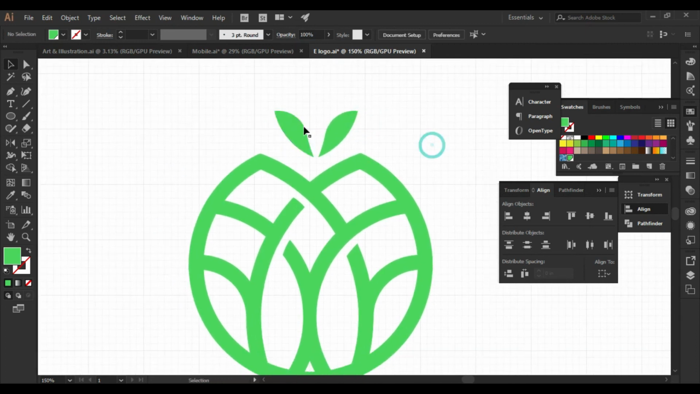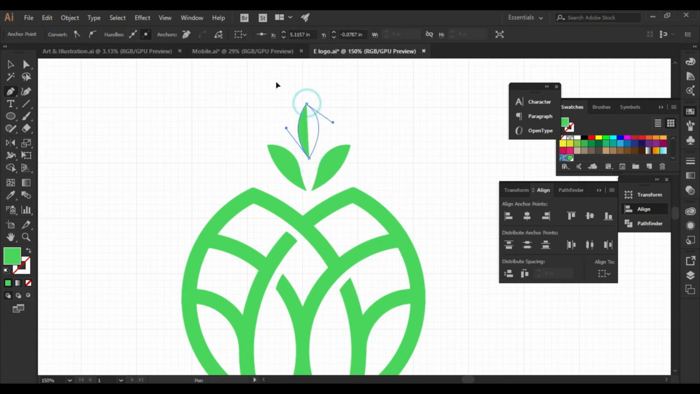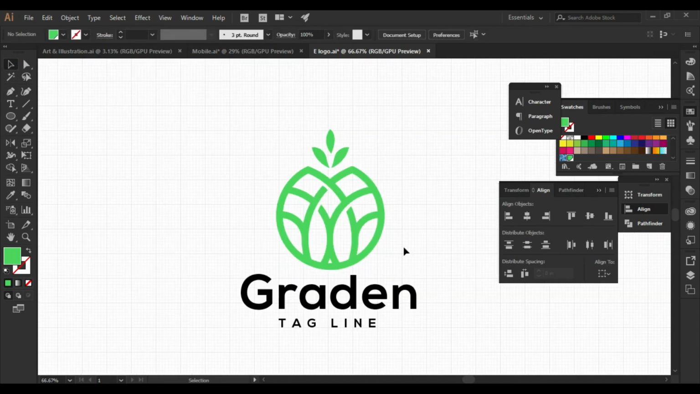It's good. Now I need another shape in this place. I take the pen tool and make another shape. It's good. I think if you watch this video carefully in full, you can learn more tips and tricks. So it's going too long in this